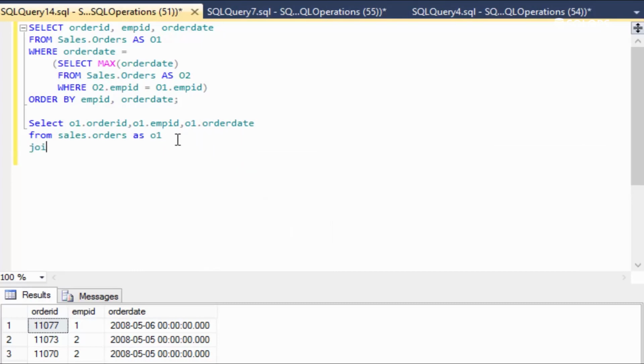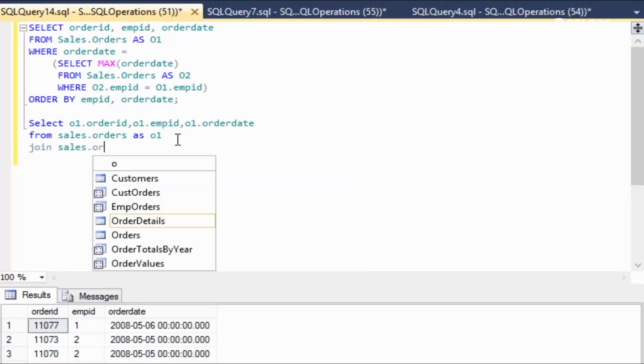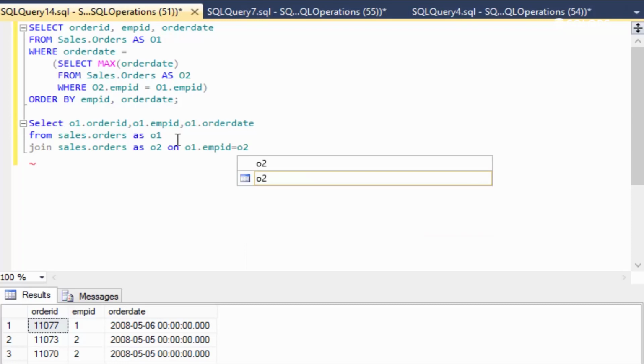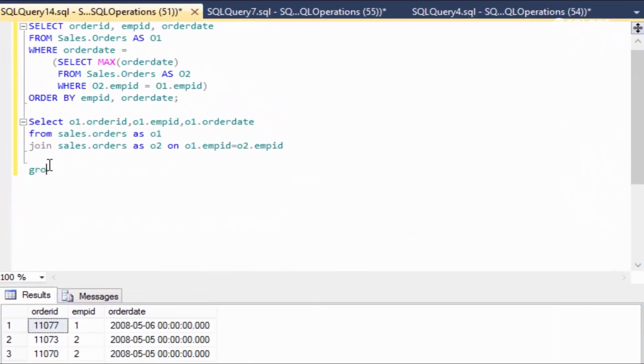And then join the Sales.Orders table as O2 on O1.employeeID equals O2.employeeID. Now add the group by clause to group by all the columns in the select clause. Let's copy and paste them here. And let's use the having clause,